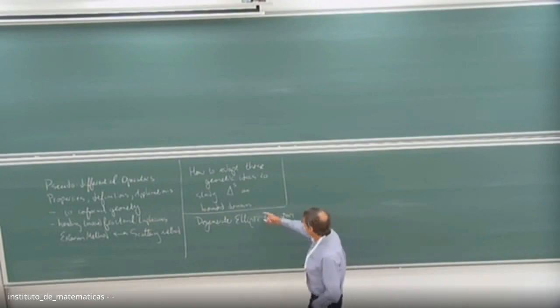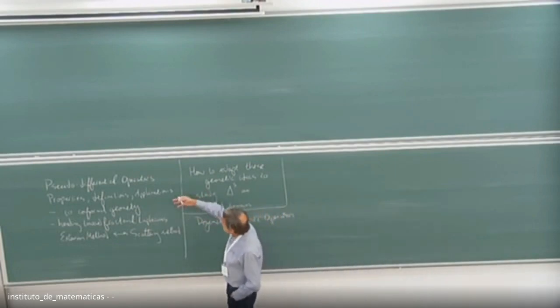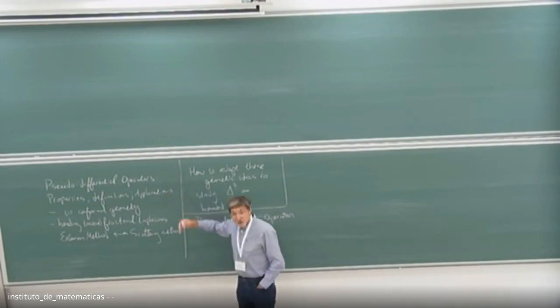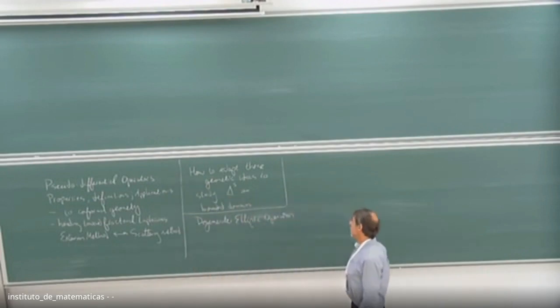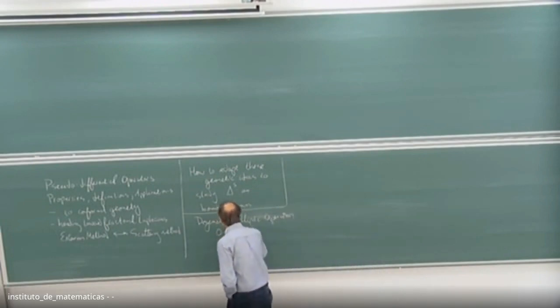And there are many different classes of degenerate elliptic operators. There's a very nice coordinate-free definition, which I'll be trying to describe, that generalizes some of the things here. So I'll be talking about degenerate elliptic operators. Now, in particular, I'll be talking about what's called the zero calculus and the iterated edge calculus.